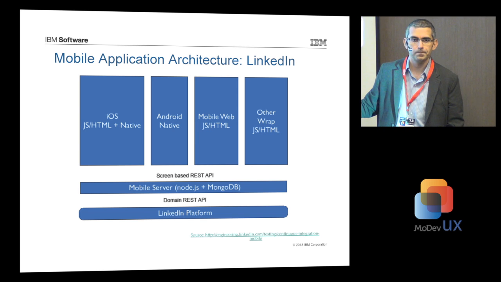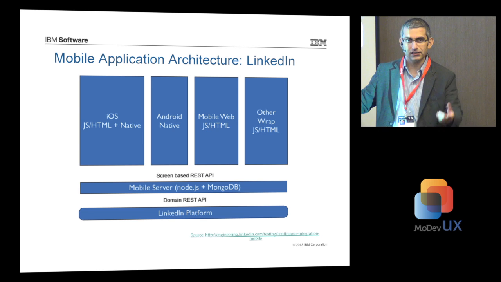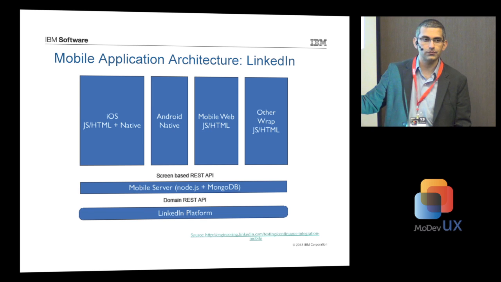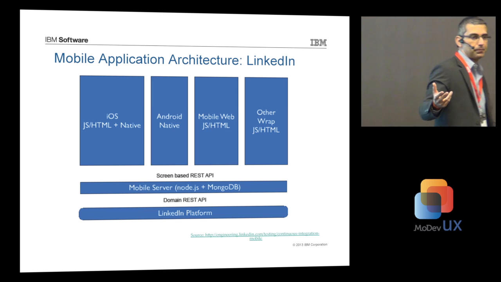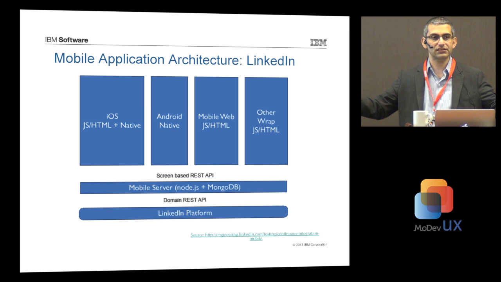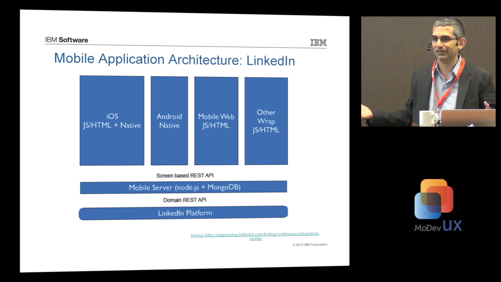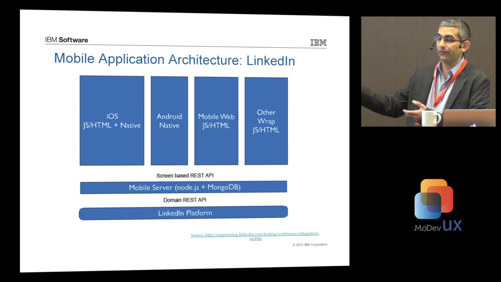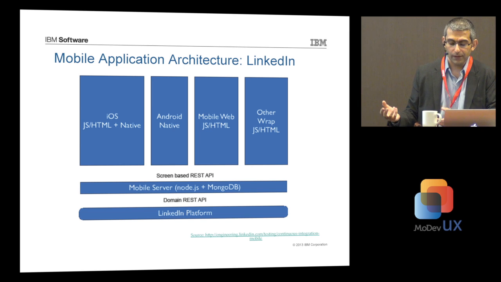They built their own. IBM sells one called Worklight, another commercial break. They built their own using Node.js and MongoDB. So to the mobile app, they decoupled it from the backend systems, and instead of having n backend systems, now the mobile app sees one big black box with an API on top of it. This is an ideal way to solve both the problems of mobile fragmentation and having multiple backend systems you need